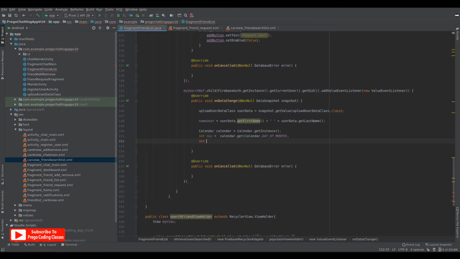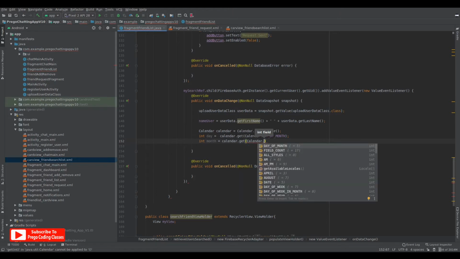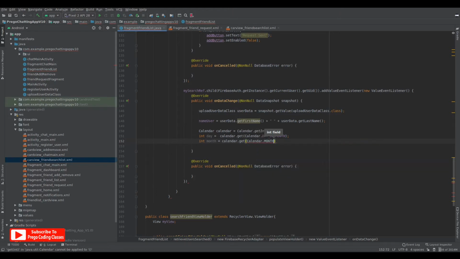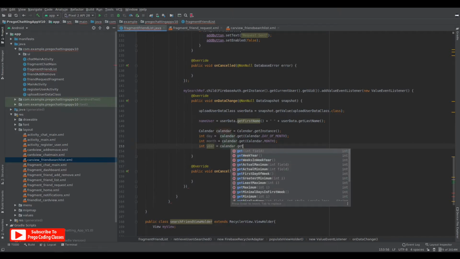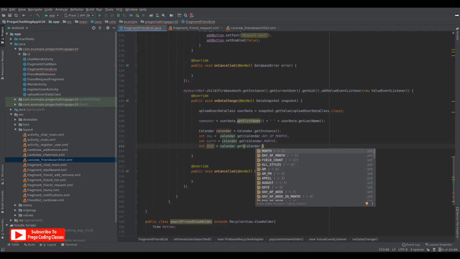Then int month equals calendar dot get calendar dot month, and then int year equals calendar dot get calendar dot year.